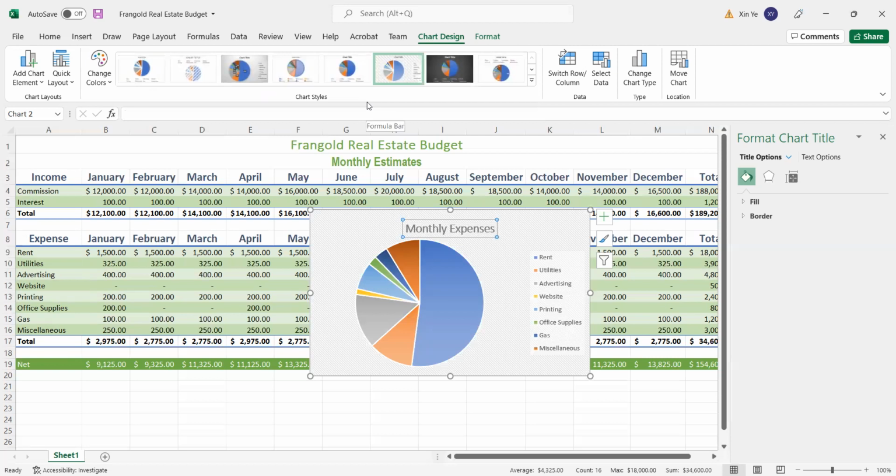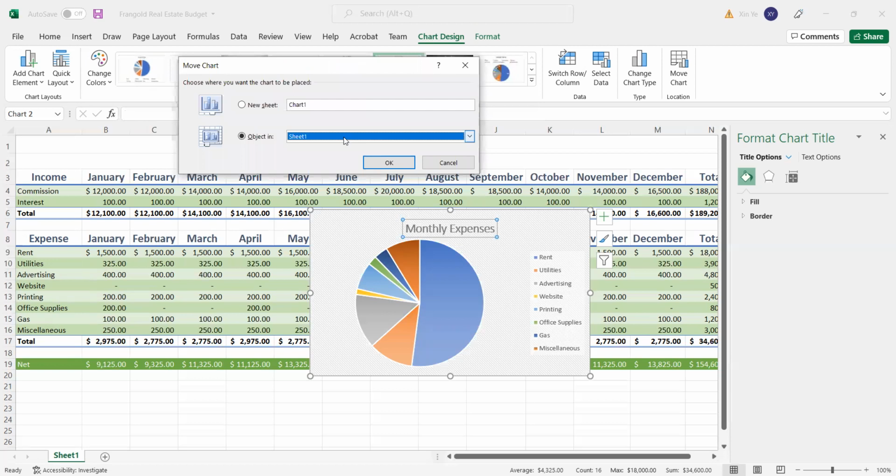Now here's the thing. How can we move this chart into a different sheet? Because you don't want the chart to stay like that. So if you look on the top tab, the last one is called Move Chart. You just click this Move Chart on the top tab. You see here, Move Chart. You click Move Chart, now it will pop up this window. Okay, and you just choose New Sheet